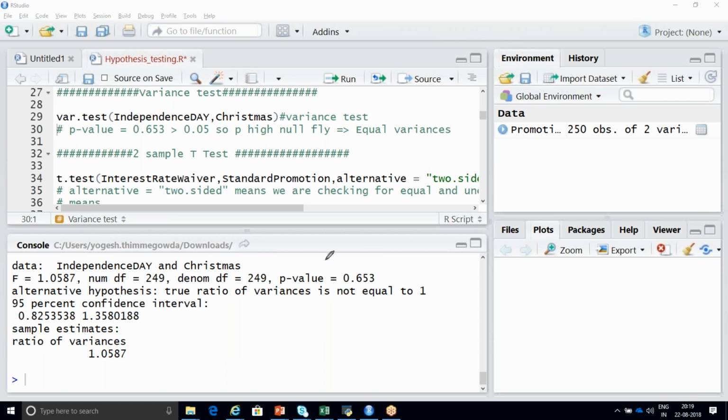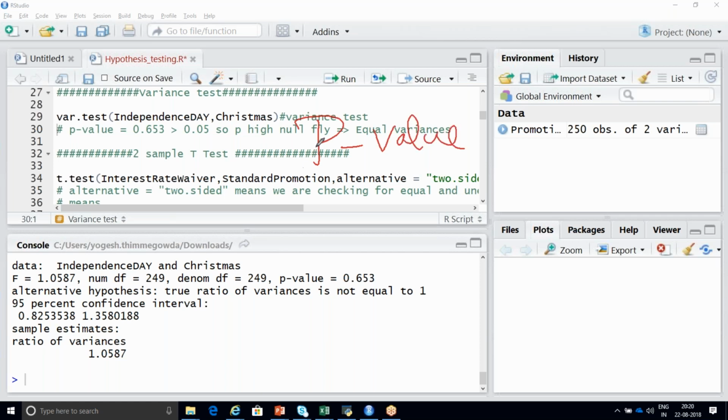So the p-value shown is 0.653. But I want to know whether this value is coming from these two columns. Yes, obviously it is coming from these two columns. Are the transactions equal or not?